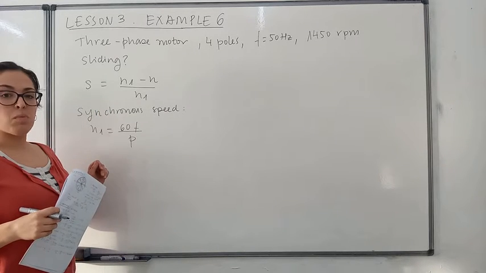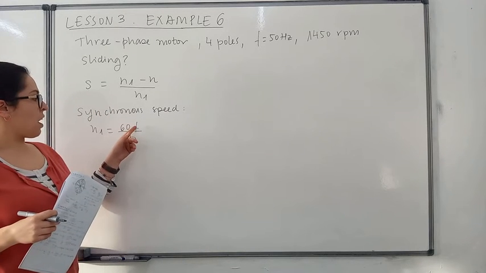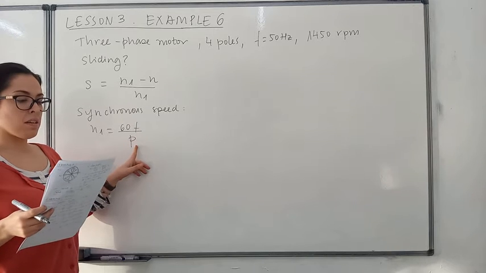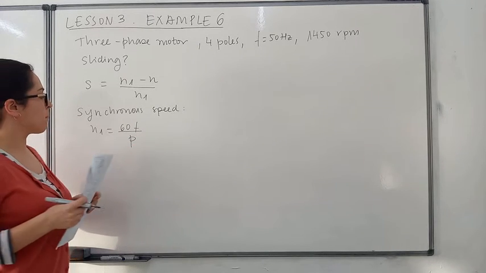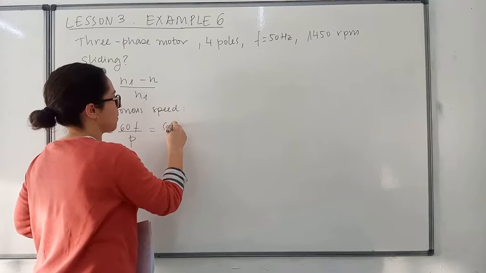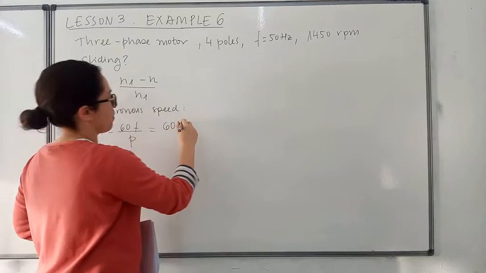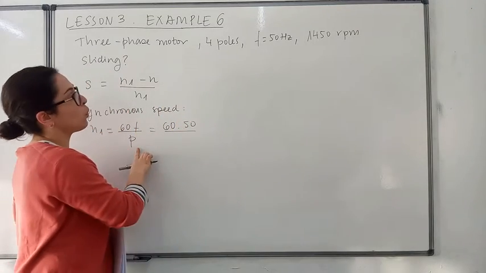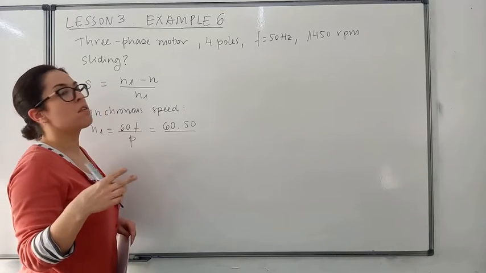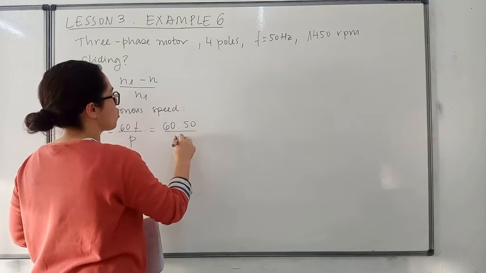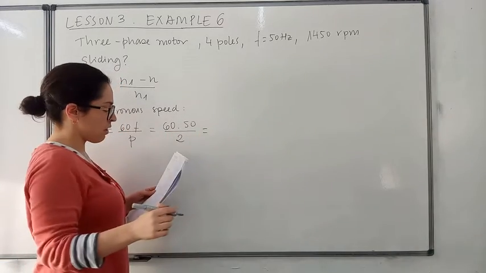The synchronous speed is going to be 60 times the frequency divided by the number of pairs of poles that we have, okay? So here we have 60, the frequency was 50 Hz. And we have 4 poles. That means that the number of pairs of poles that we have is 2. So that gives a result of